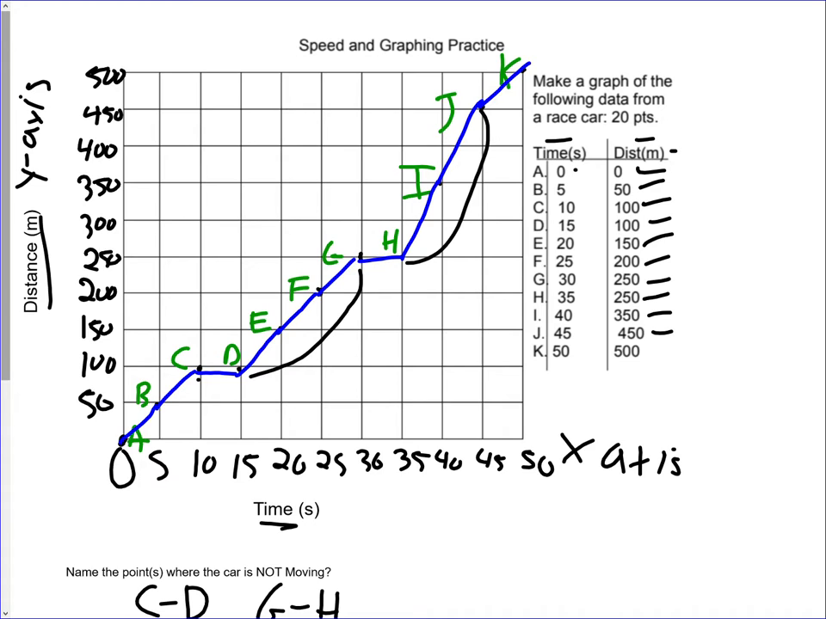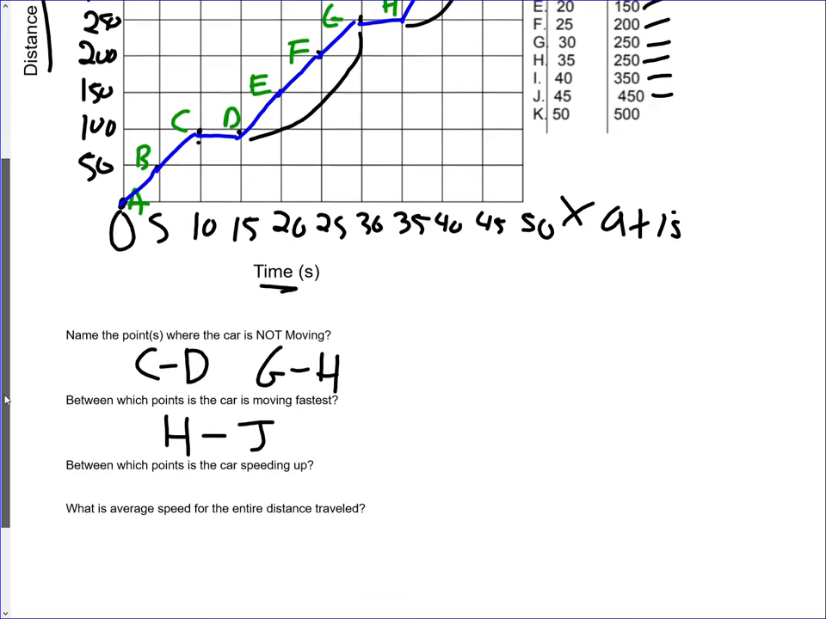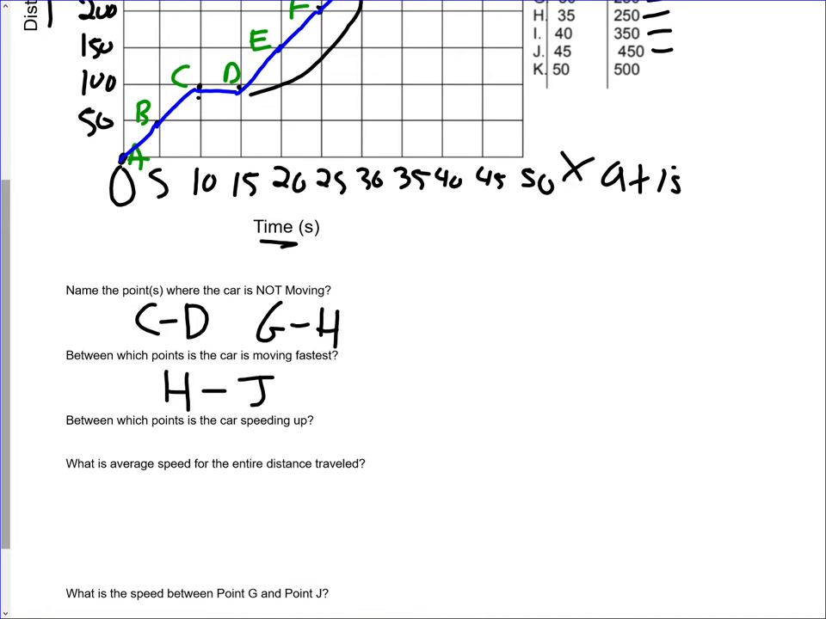We talked about this before. It speeds up again, okay? And then from J to K, it kind of slows down a little bit. So what you want to do for our points that we see are speeding up, it's from points D to G, okay,